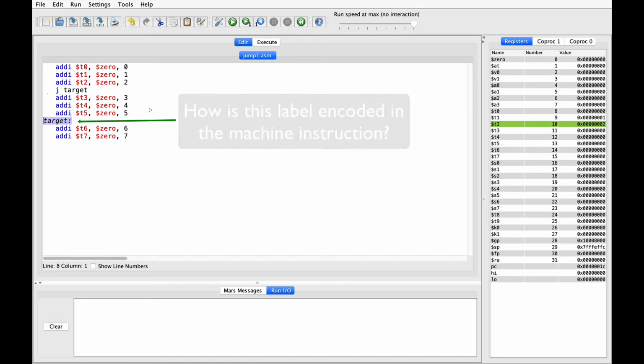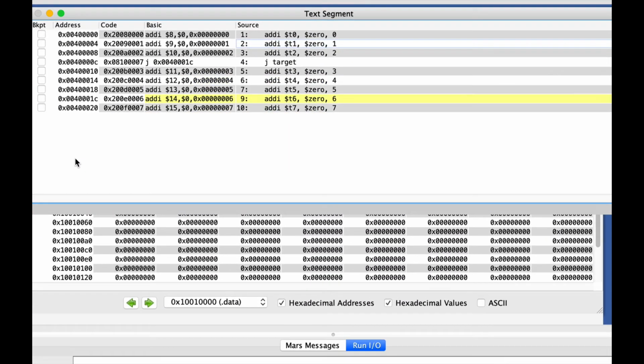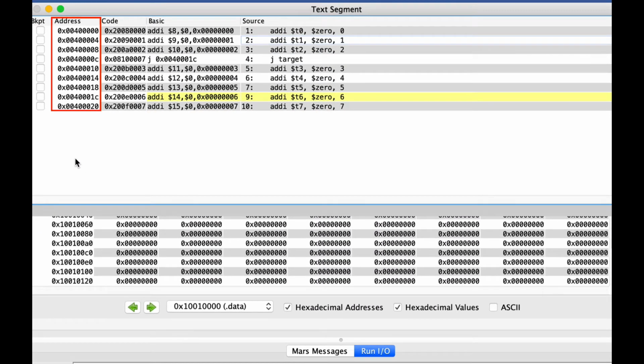Well, that was a trick question. We don't. How does the CPU identify instructions? By their address. If you look here, you can see that each instruction has a unique address. This is the address of that instruction in RAM. And then here you can see that the assembler replaced the label target with the actual address of the instruction we want to jump to. This is the instruction where we set T6, and this is the address of that instruction,